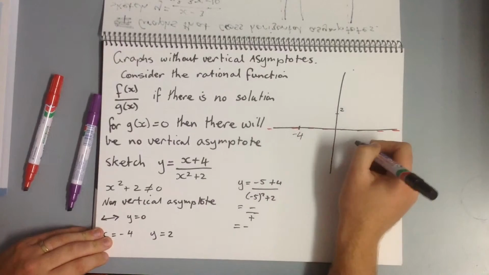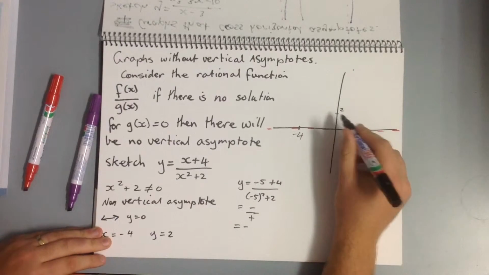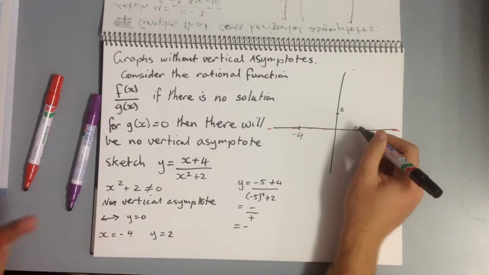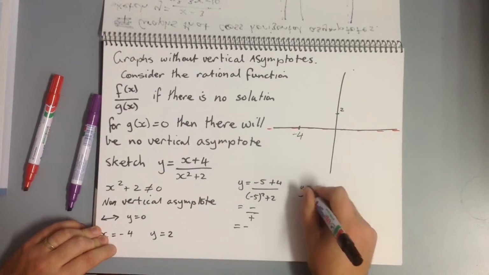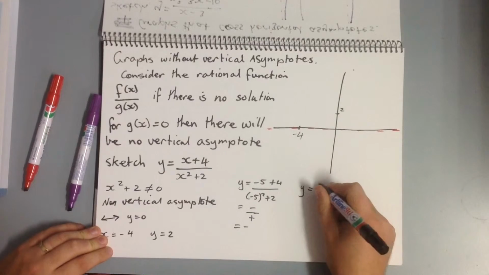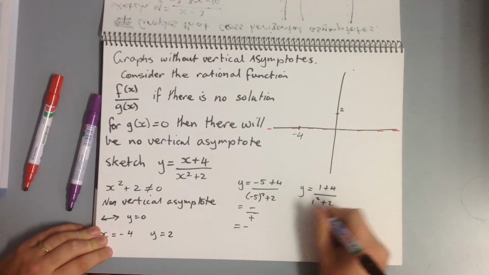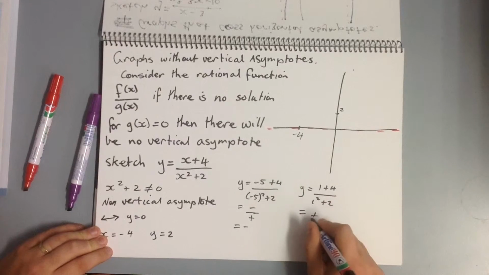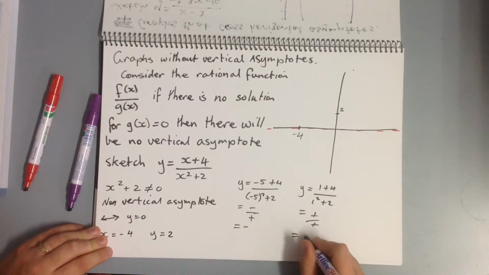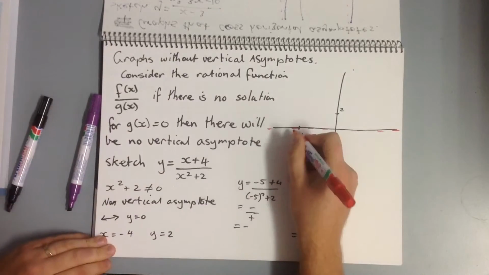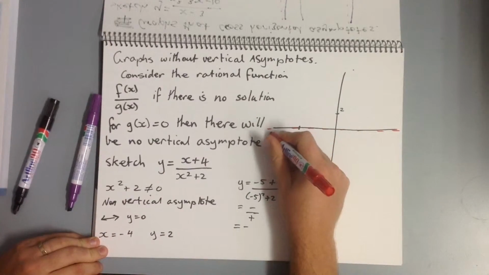If we were to chuck in something up here somewhere, we know we're above there, but let's just put in, say, 1. So y equals 1 plus 4 over 1 squared plus 2. You can see we're going to be a positive over a positive, so we're going to in fact be above our horizontal asymptote. So we can finish it off by being below